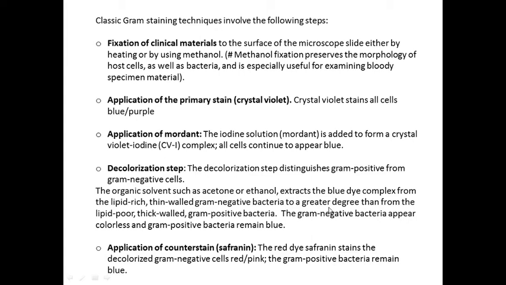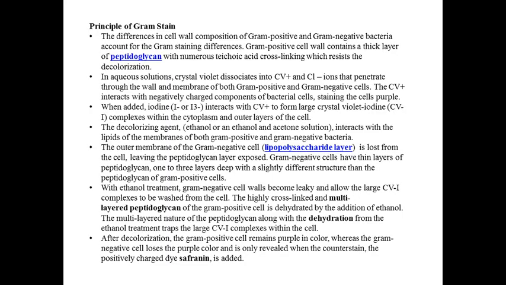First of all, you will take a clean and grease-free glass slide, take a sample or a bacterial suspension, prepare a smear on a glass surface under the aseptic condition, air dry, heat fix, apply primary stain, that is the crystal violet, for 1 minute, then drain the stain, apply mordant, that is the gram's iodine, again for 1 minute, drain that mordant, then apply the decolorizer, that is the acetone alcohol mixture, ethanol mixture, for 15 to 20 seconds. Again, wash the slide and apply the counter stain, that is the safranin.